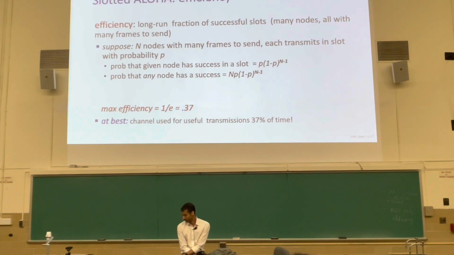Okay. Still, how did we get e? e is this transcendental, this irrational number. We're going to take the limiting case as n tends to infinity, which means more and more and more nodes are competing for access, and ask, what is the value of P that maximizes this expression? I didn't say what P is. P is a parameter of the protocol. It's the parameter of the local protocol.